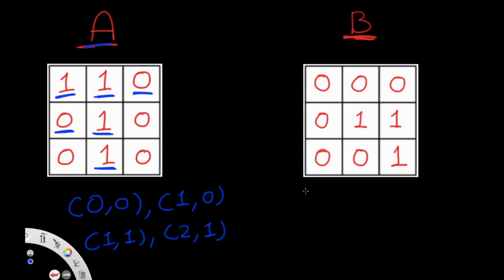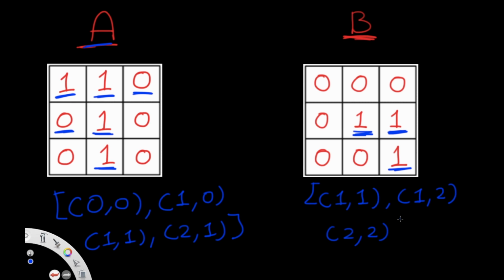Similarly, I'm going to do the same thing for B. Now we have both of our values, and let's say they're both inside of a list. We're going to iterate through list A, and we're also going to iterate through list B. While we're iterating through them, for each instance of A where we find a value of 1, for example, the value of 1 at the index 0, 0,